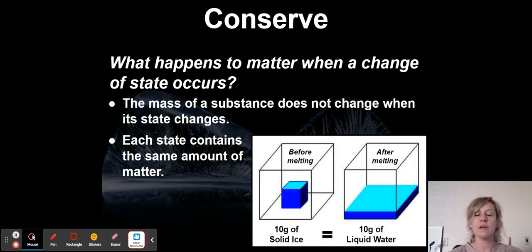All right. And then, if you were to look at the law of conservation of matter again, when you have an environment where no energy can escape to the environment, like in the boxes represented in the diagram, like a vacuum sealed box, 10 grams of solid ice will melt into exactly 10 grams of liquid water. So, assuming there's no environment for it to transfer to, the law of conservation of matter says it's not lost or destroyed. It's just transferred. So 10 grams of ice equals 10 grams of liquid water.